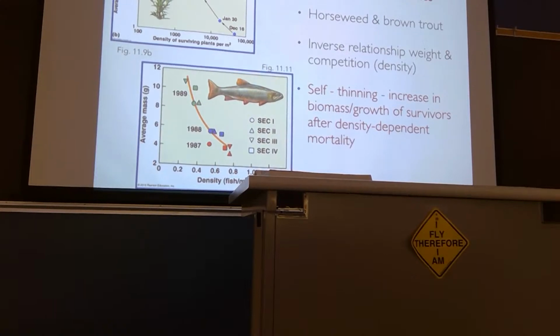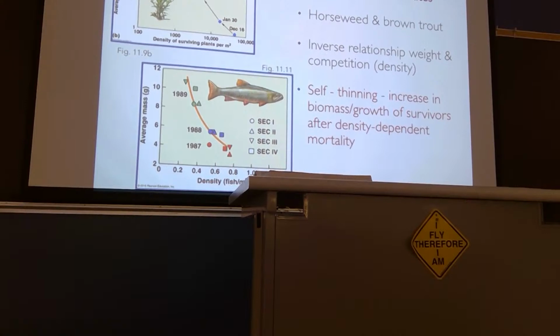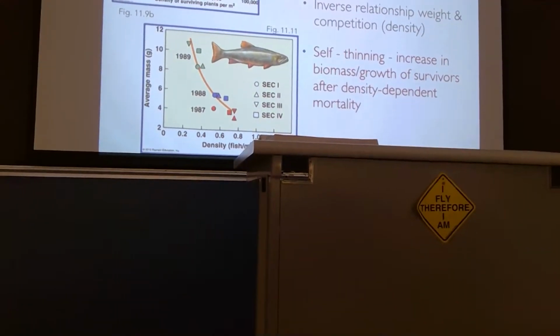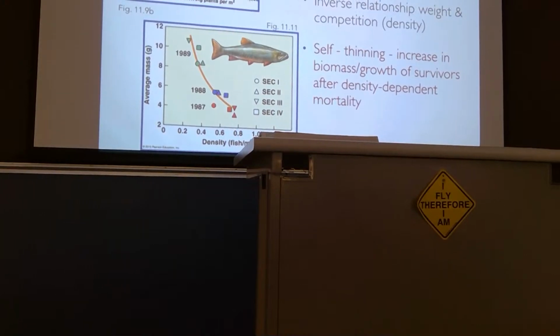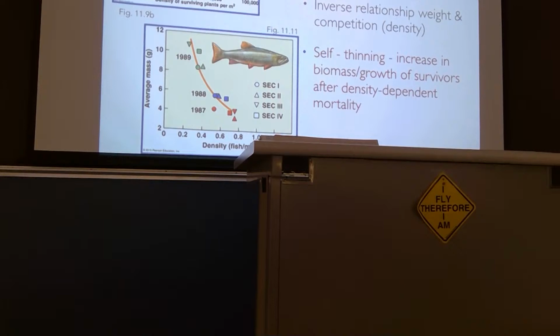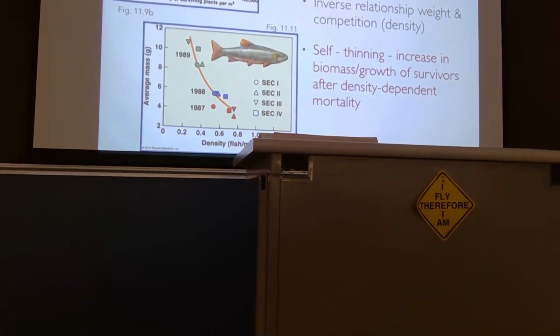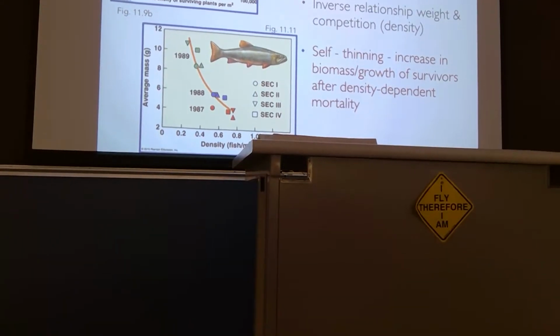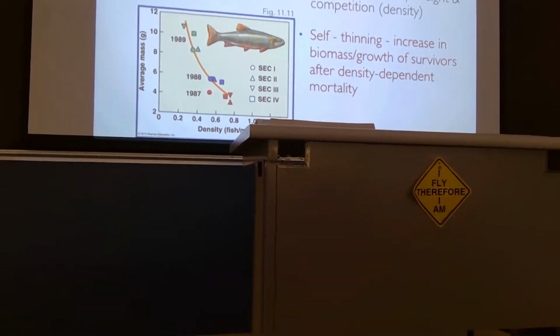Okay. It's that ever continuing feedback loop. Because I grew and survived better as a juvenile, I'll do better as an adult, my offspring will do better in the next generation. And here, it's like you have a predation event happening where individuals of the population are being removed due to mortality. It's being thinned, but in this case, it's competition. It's interaction with your own species members that causes the increased mortality that benefits the survivors.